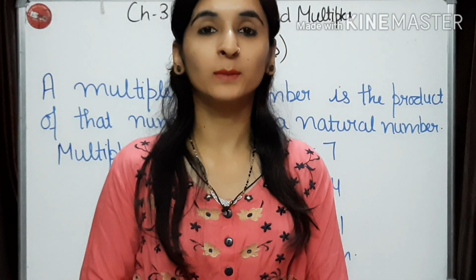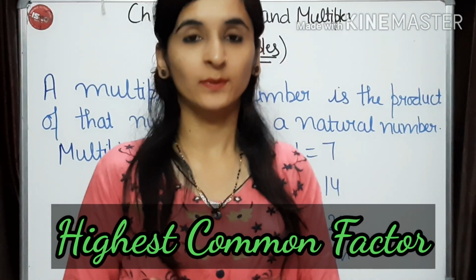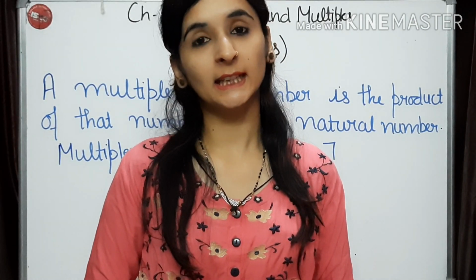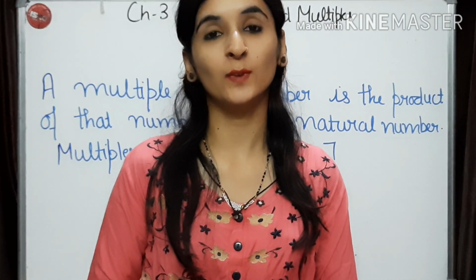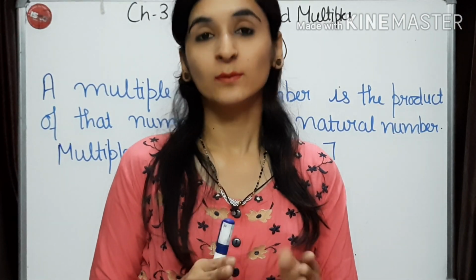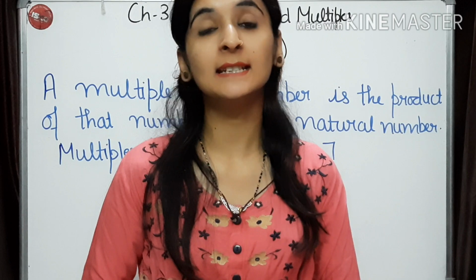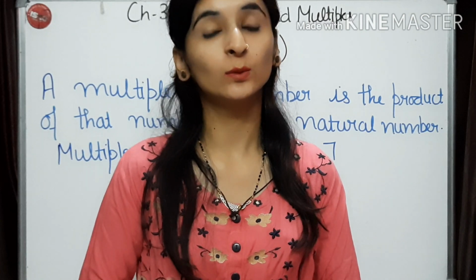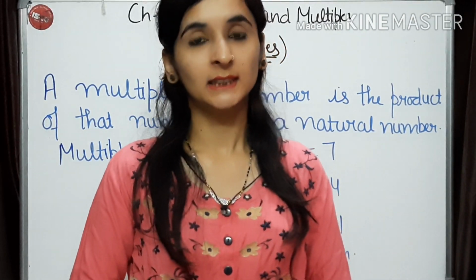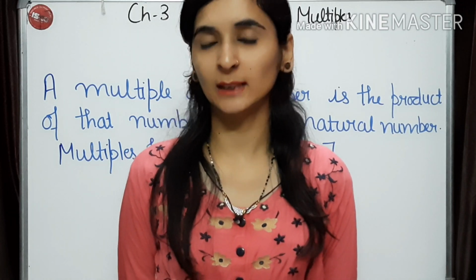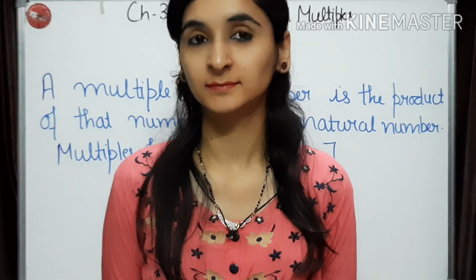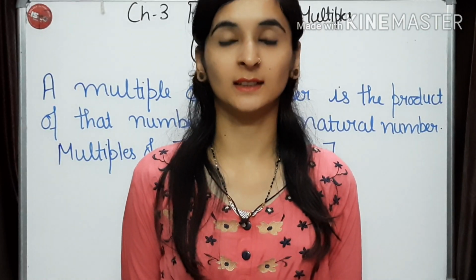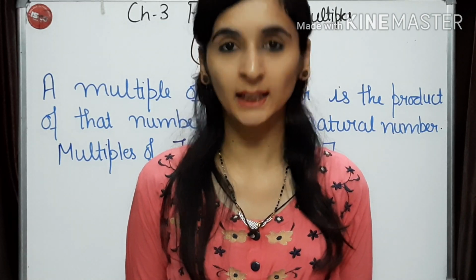Okay, the word problems were related to HCF, the highest common factor. So children, can anybody tell me when we have to find out the greatest number which divides the given number exactly? Exactly means without leaving any remainder. Then what do we do? What do we find then? Yes, Hargun, can you tell me? What do we find then? Okay, so we find the highest common factor. That means we find the HCF.